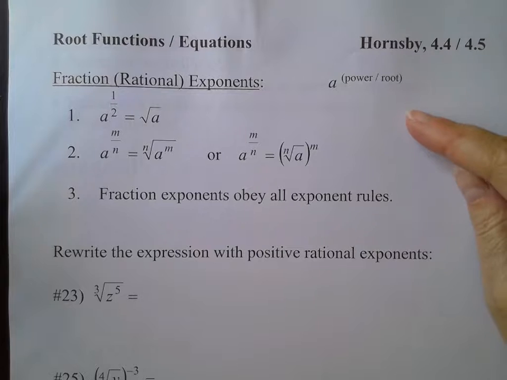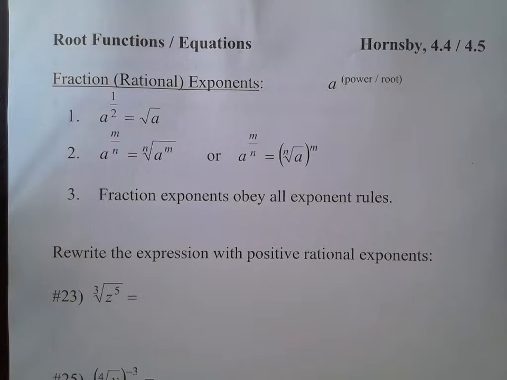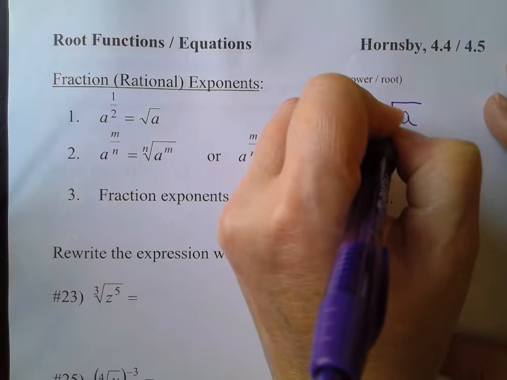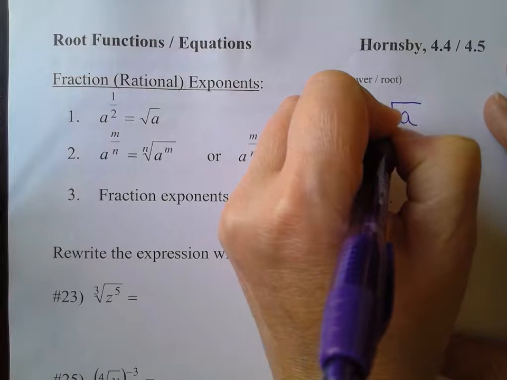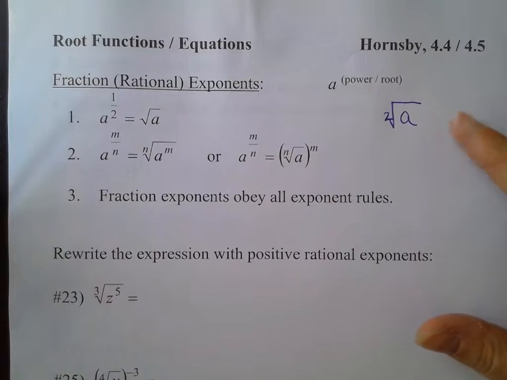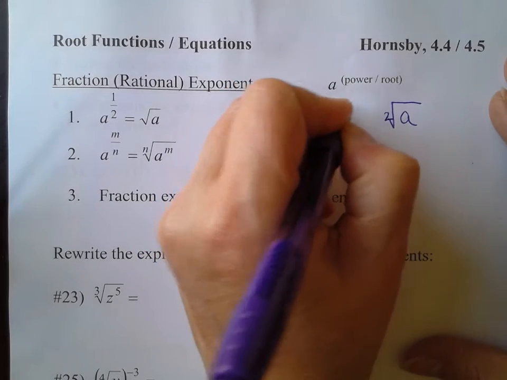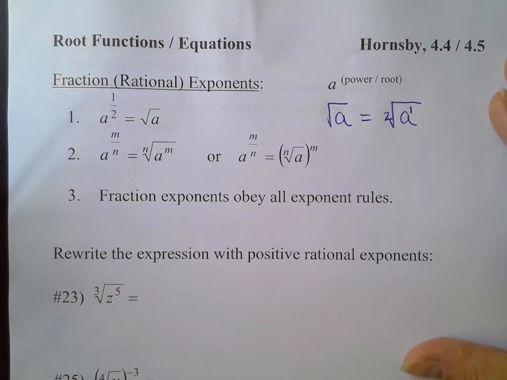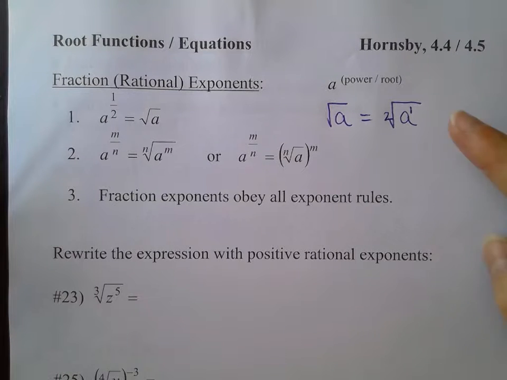Maybe the most basic is number 1. 1/2 is the same as a square root, even though we don't ever write it, because the square root takes one of two equal factors, there's a little 2 out there. And so you can think of this as a to the first power, and we're taking the square root, so the power is a 1 and the root is a 2, and that's sort of where the 1/2 exponent comes